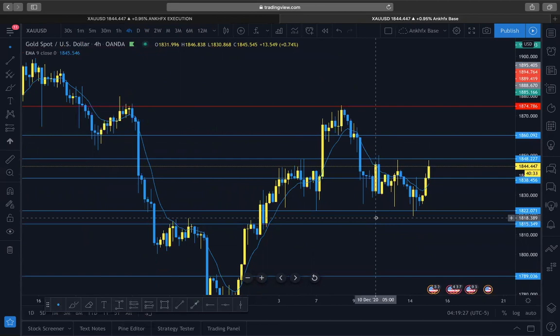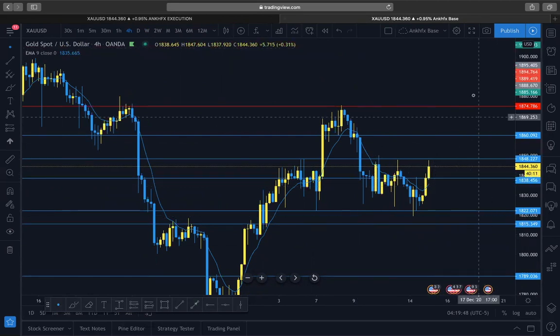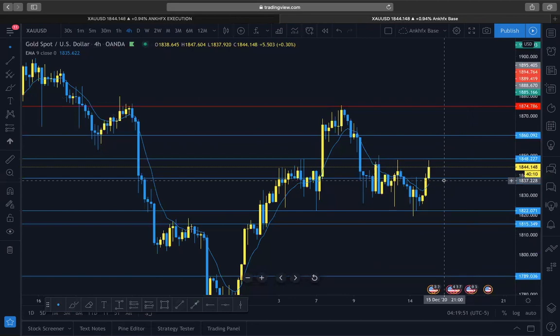That's it. I'll keep my eyes on gold, even after my wedding, even when we go to our honeymoon, I'm gonna keep my eyes on gold a little bit for swing purposes, not for scalps, because if this is actually going to the upside, I don't want to miss this. I want to be on board too.